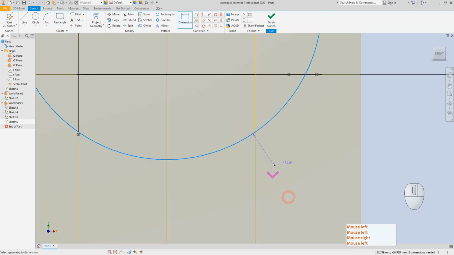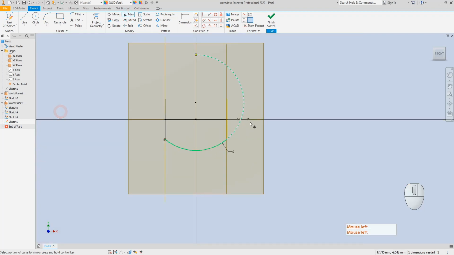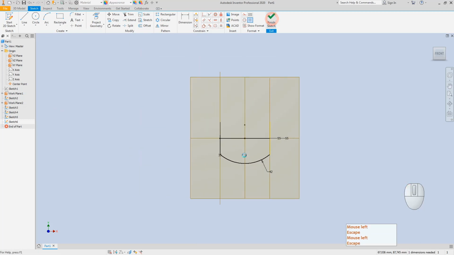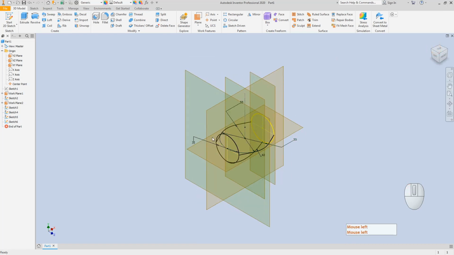For this arc piece, I need a center line because it is not at this point, but the center of this arc is on this line. And I will just make a circle somewhere here, on this line, and make that line passing through this point or this point. I will make it coincident,